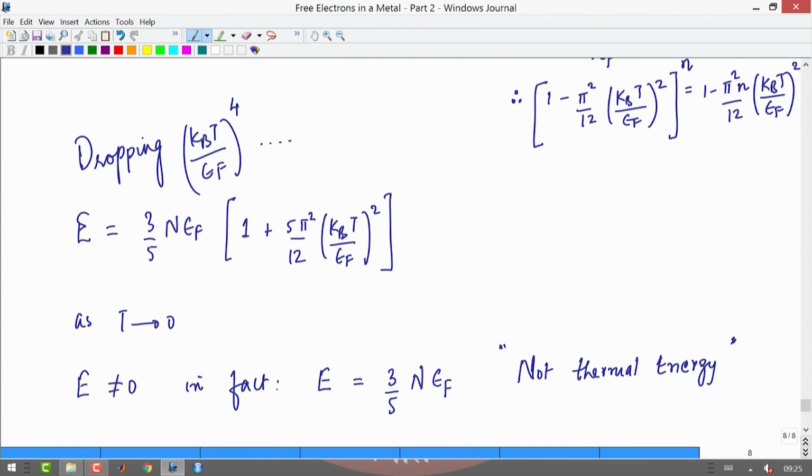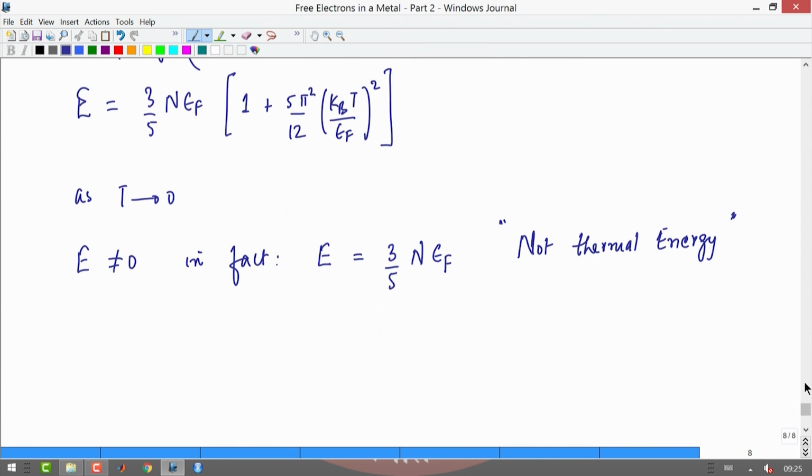This energy is not thermal in nature, it cannot give rise to any conduction, and this energy purely is a consequence of the Pauli's exclusion principle that drives electrons to sit at different energy levels in a quantum system, okay. So, at temperatures that are non-zero, okay, I can write down my energy with this expression, let us call this as the final result,